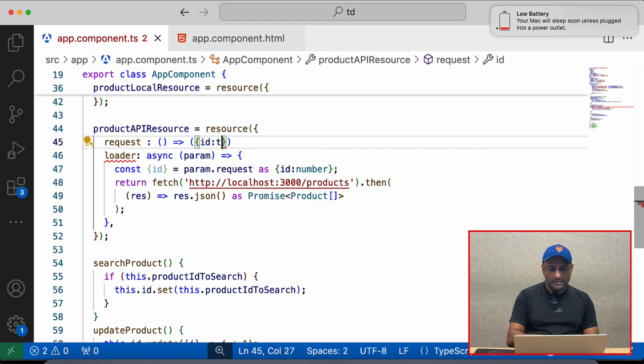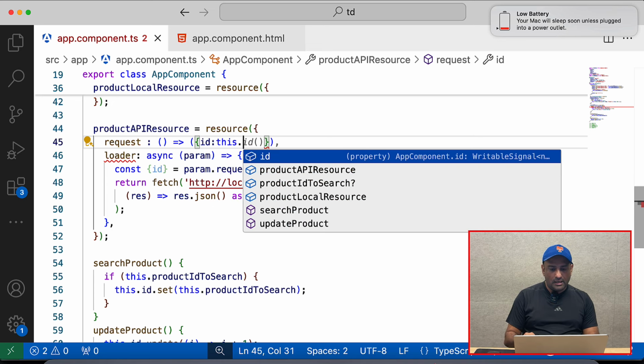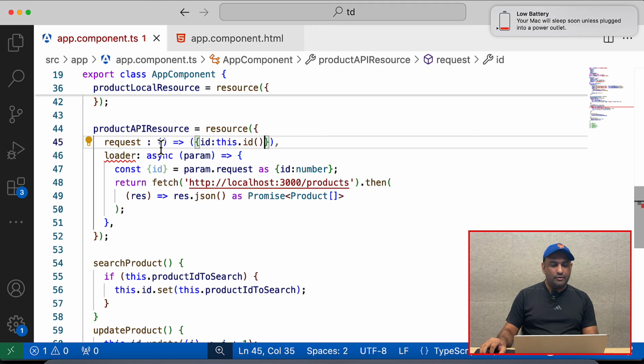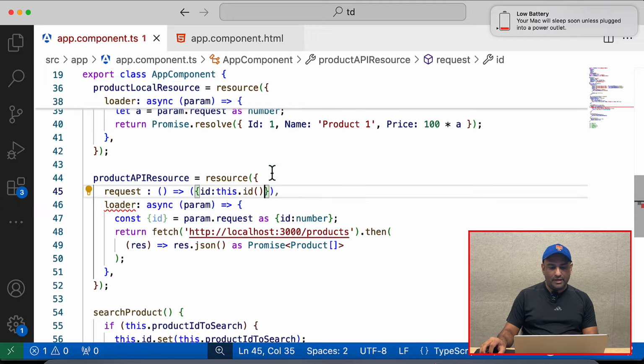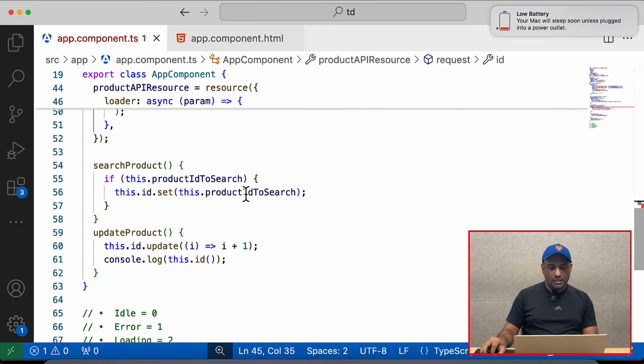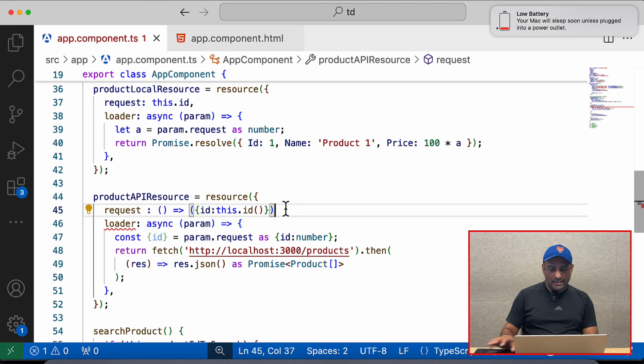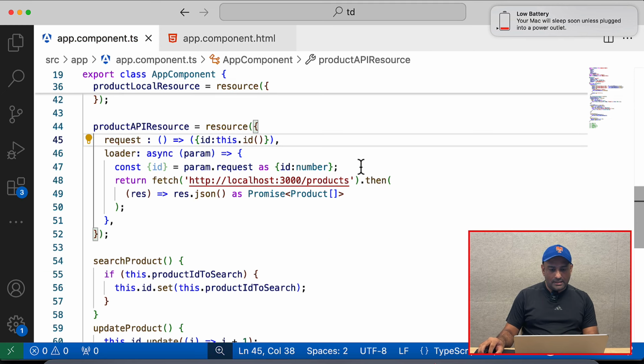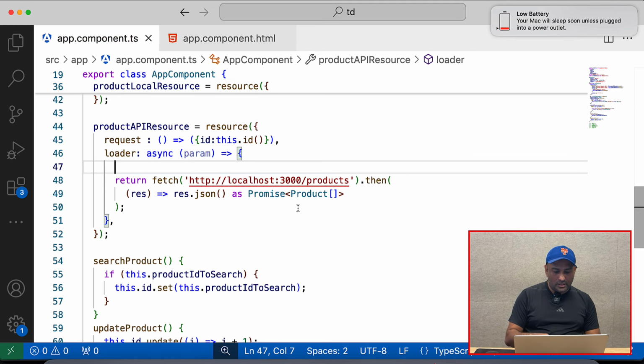this ID is going to be this dot ID, which is our signal, and we are going to read that. So you see that this ID where we are setting that in the search product. So here we are saying ID dot set. All right, so this dot ID and then give a comma, and then here in the loader what we are going to do is we are going to put